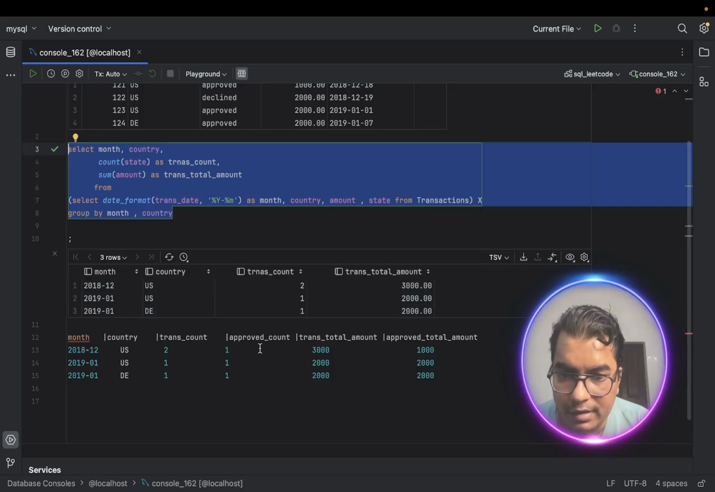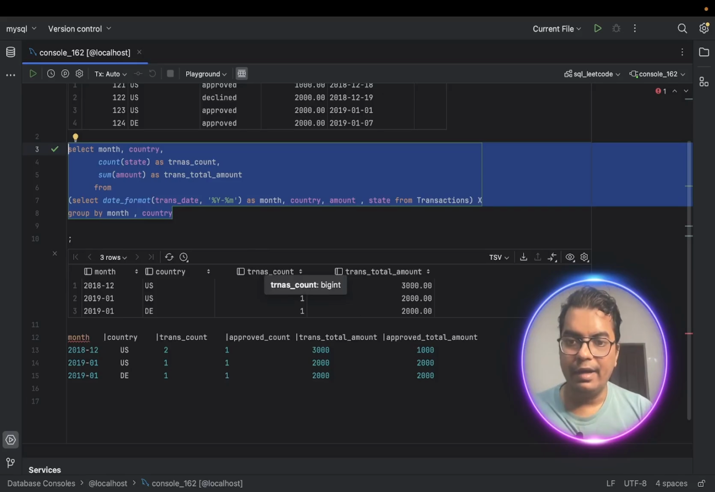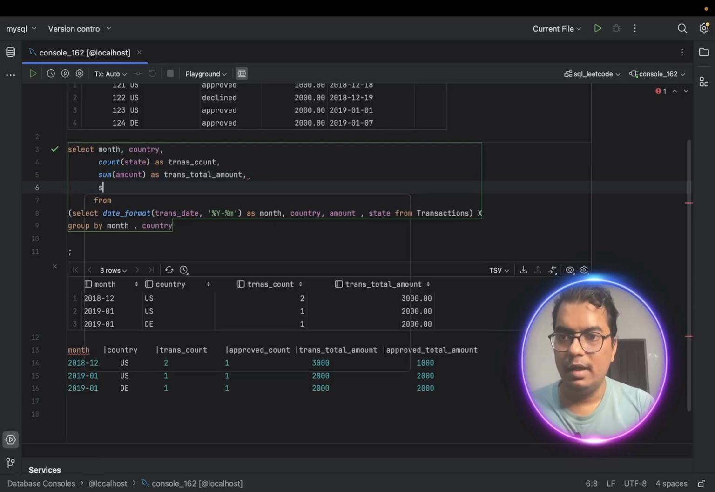I need to get this approved count and the approved total amount. So let's see how we could calculate this approved total amount, because I need to get rid of the decline state while adding all these amounts. So how I could do this? I'm going to just do